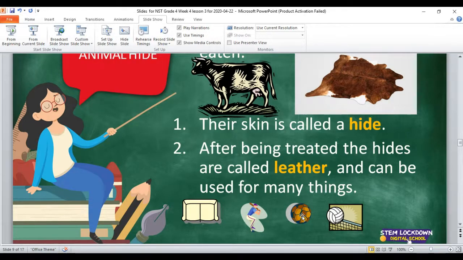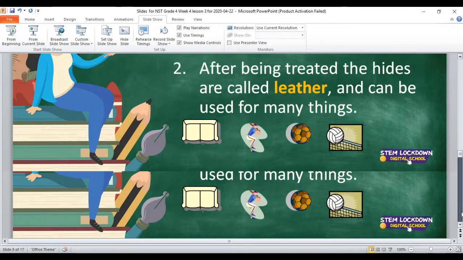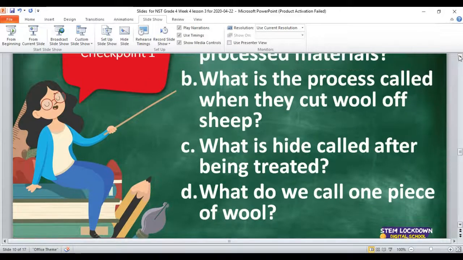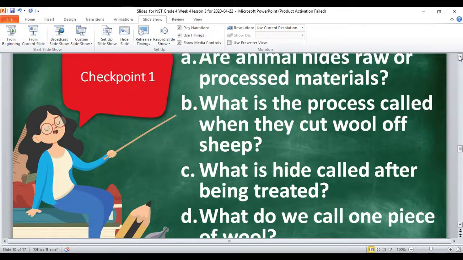The balls, not the plastic balls, I'm referring to the ones made from leather, the genuine quality ones for netball and football. Mostly they are made from leather. Imagine it is no longer called hide, it is now called leather. They are made from leather. Now, we come to the next slide to find out how it is processed. But before we go there, let us come to the checkpoint